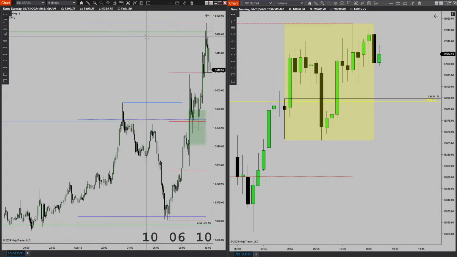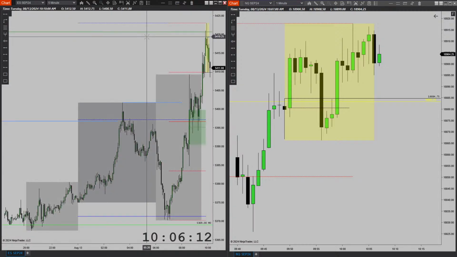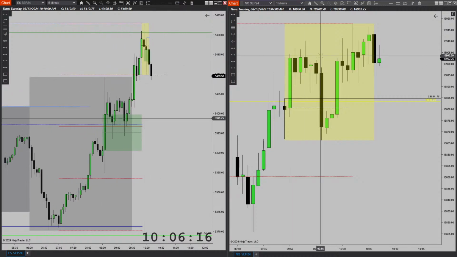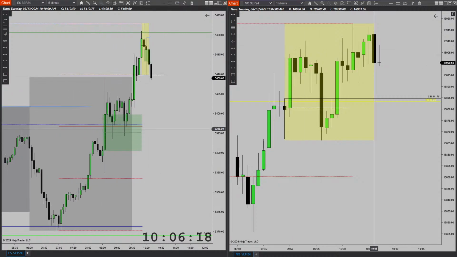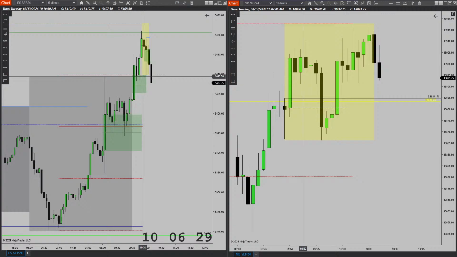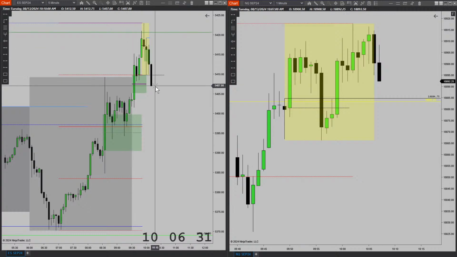Let's take a look at the 5-minute. Oh, okay. On the 5-minute, we are within this gap here. So I would expect for this gap to turn into an inverse. So let's see what it decides to do at this range. All right, perfect.